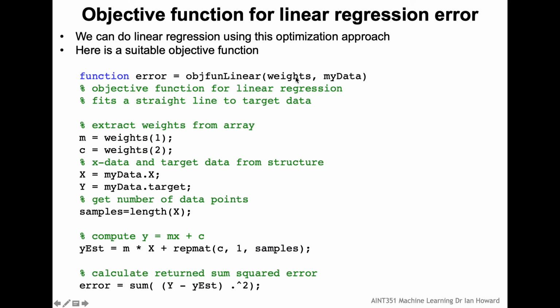So we're defining the first value here as the weight matrix. In this case, the first element is going to be the gradient, and the second one is going to be the offset. And then we've got to do it across the data set, because we're doing linear regression across a whole load of data points. So I'm passing it my data, and this is actually a structure,